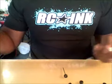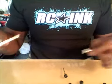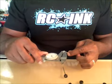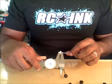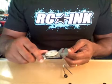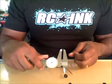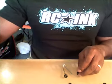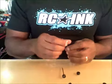One of the main differences you'll immediately notice is that they're thicker. Your standard piston is about 0.093, whereas the UFO piston is 0.220. The reason why I came up with that was I noticed when I was testing two-hole pistons, which by the way work very well in big bore shocks,